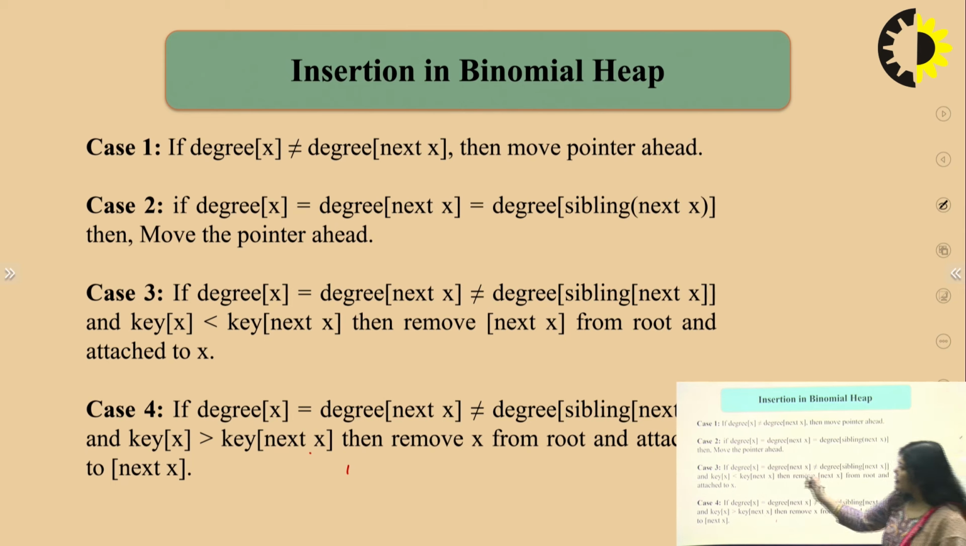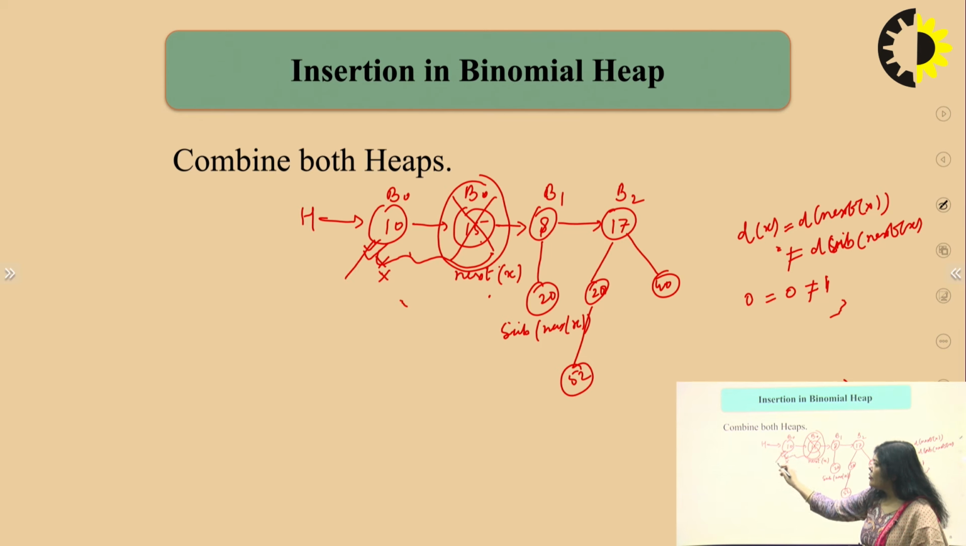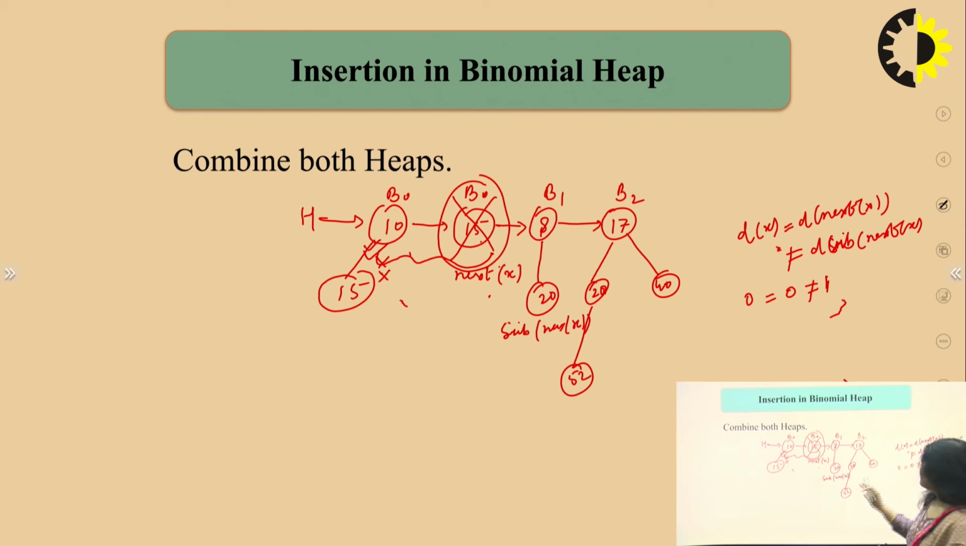Now we need to compare on the second condition, which says that if the key of X is greater or lesser than the key of the next. So in this case, as you can see, the key of X is 10, the key of next X is 15. Which one is lesser? This is lesser. So we are keeping the lesser one in the binomial heap, and we are picking up the next component from here, removing it here and attaching this binomial tree as the left child of the first binomial tree. Okay,